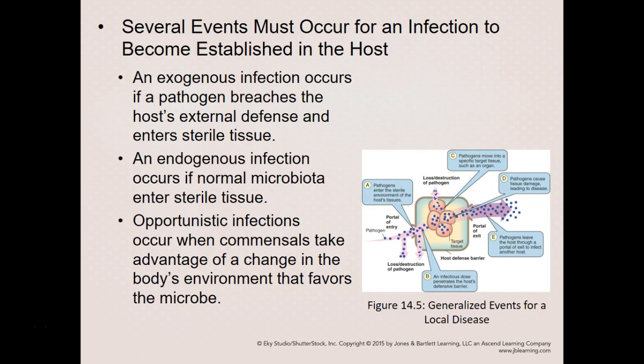So when you have bacterial infections, some of these infections can be called exogenous infections, where the pathogen breaches the external defenses and enters into the body. So it goes through the lining of the intestines to get into the blood. That would be an example. An endogenous infection occurs if normal microbiota enter a sterile tissue. So if you have some sterile tissue somewhere,